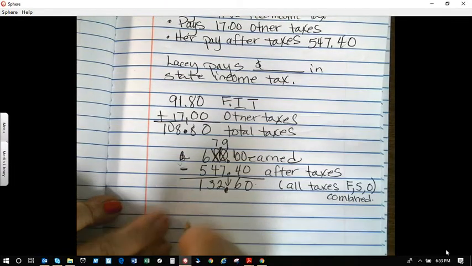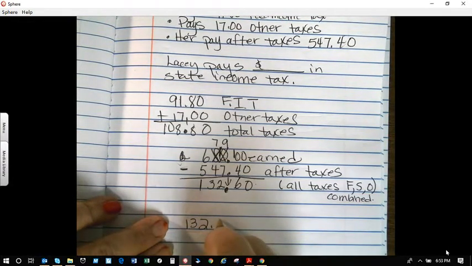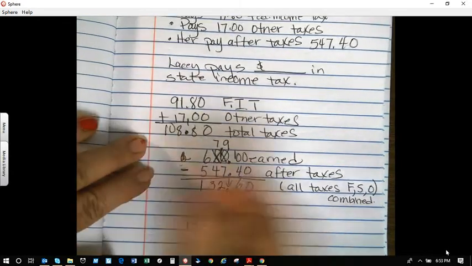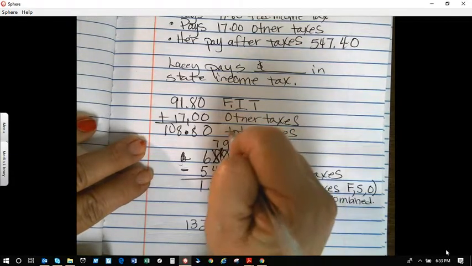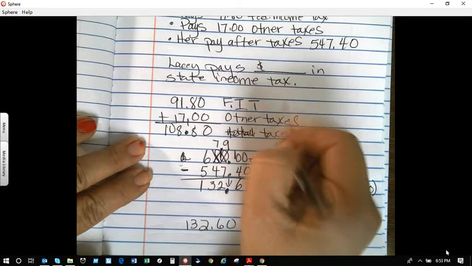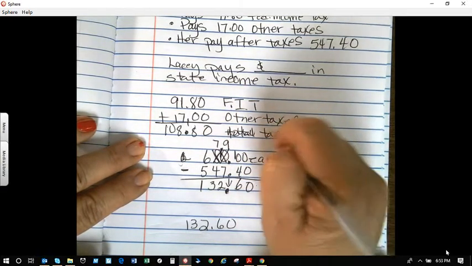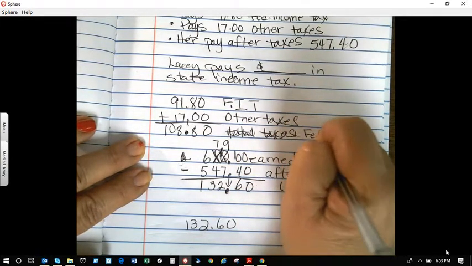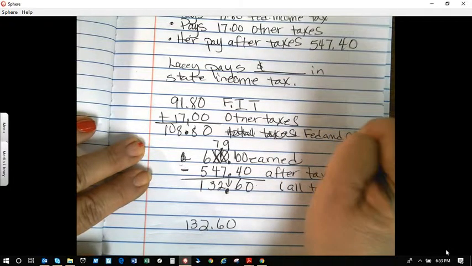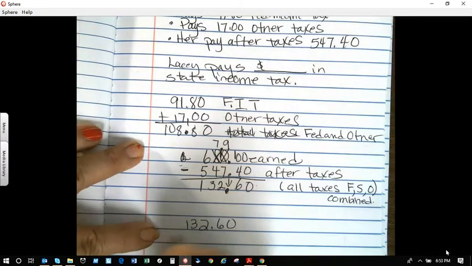Now I'm going to take my $132.60 and I'm going to subtract it with, I should just put, instead of, this is going to be taxes, federal, and other. And so I'm going to take this difference and now subtract it out, and whatever I get is going to